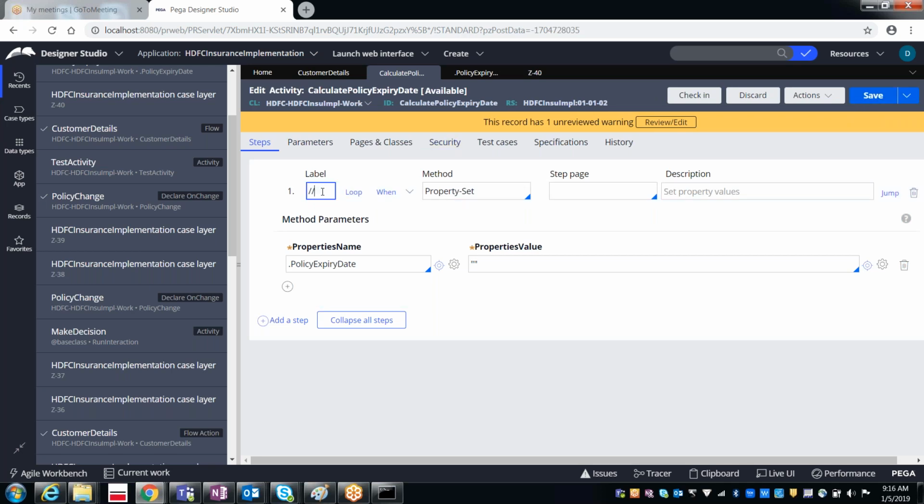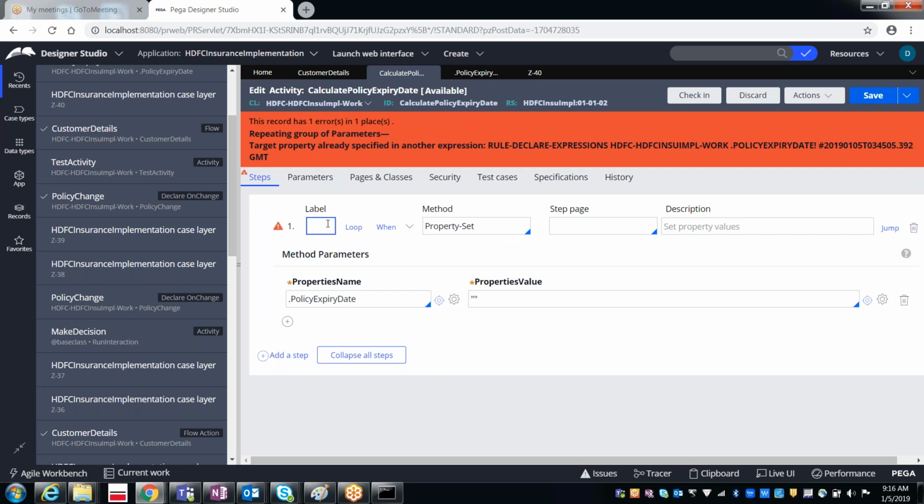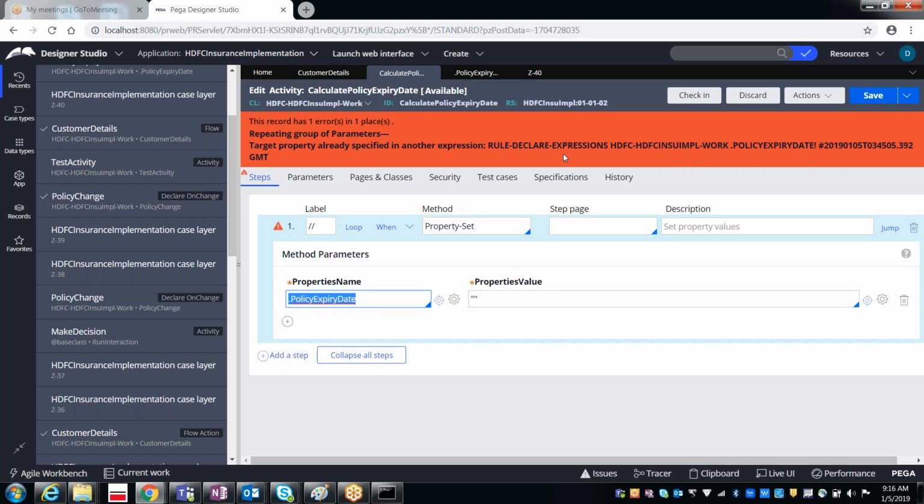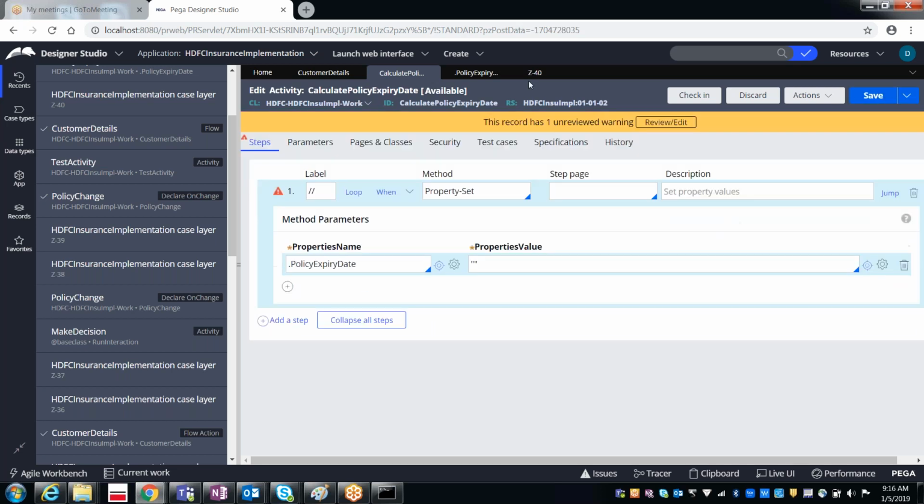Okay. So you remember this error, right? If any of the properties contains a declare expression, then we cannot use the property set for that property. So now it is correct.